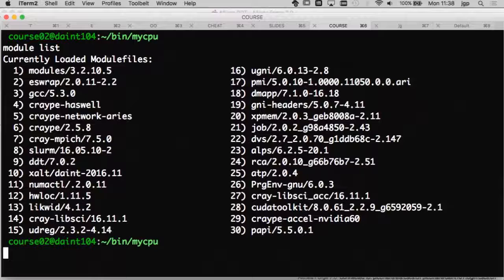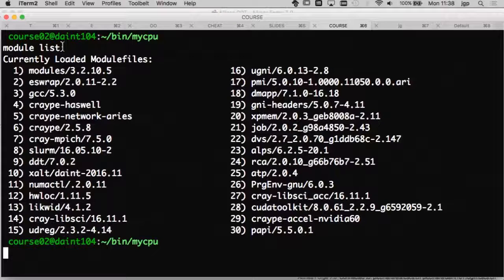It's explained on the sheet, but basically it's a tool that takes care of switching from one programming environment to another. It loads the right compiler and all the different libraries installed by Cray and also installed by us.